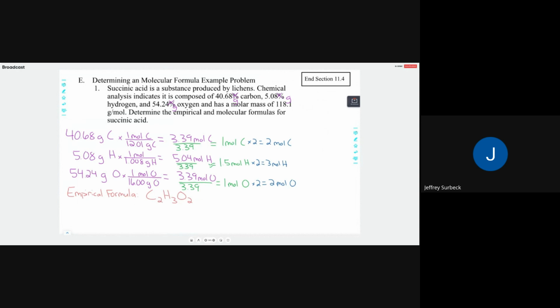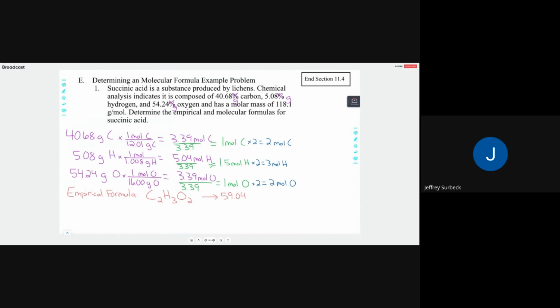But if we did that, I would say, hey, 12.01 times 2, 24.02, plus hydrogen is 1.008 times 3, plus 2 oxygen, 16 times 2, gives us a value, a molar mass here, of